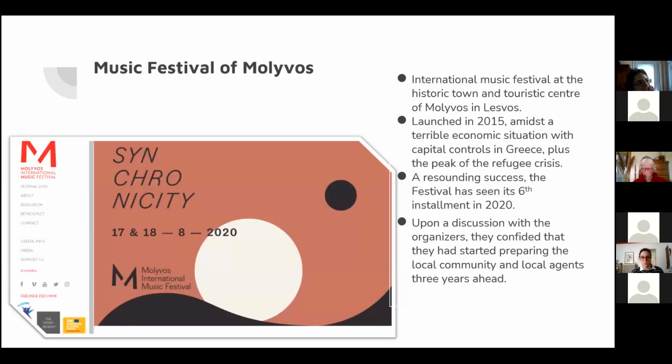And to keep things grounded, I'm going to briefly discuss a couple of case studies, two of them, and they are both success stories. The first one is about the International Music Festival of Moulivos, which is also a surprising story because this one is actually a festival of classical music. It is an international festival held at the historic town and touristic center of Moulivos in Lesbos, and it was